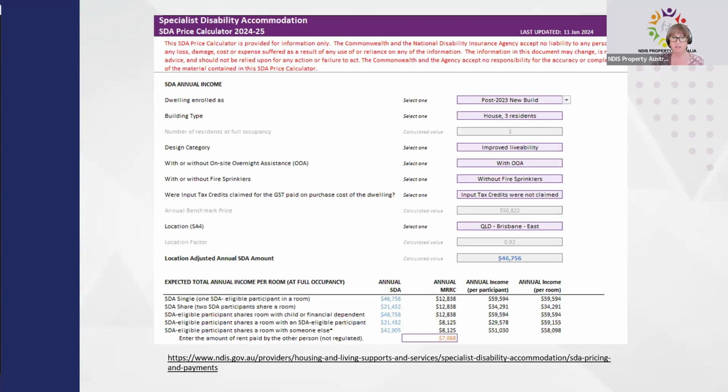So this is the actual SDA calculator that you can download straight off the NDIS website. It's updated twice a year. The income is updated, the actual SDA amount is updated once every year, and the MRRC is updated twice a year. MRRC stands for Maximum Reasonable Rent Contribution. That is what the participant actually pays in rent, made up of their disability support pension and their Commonwealth rent